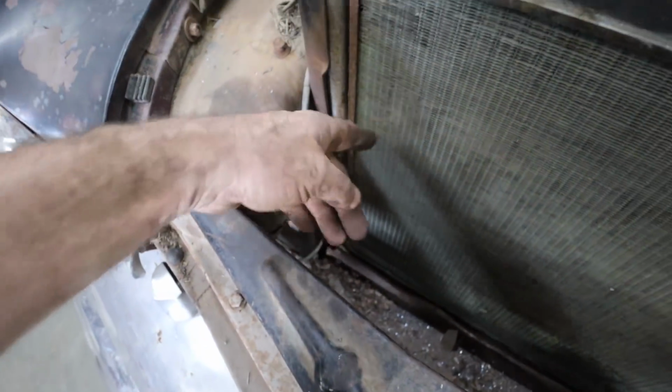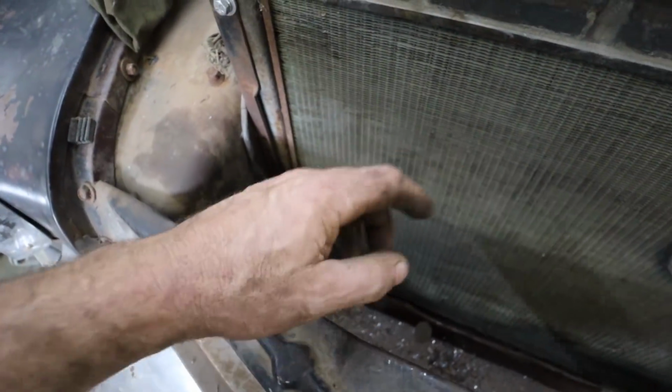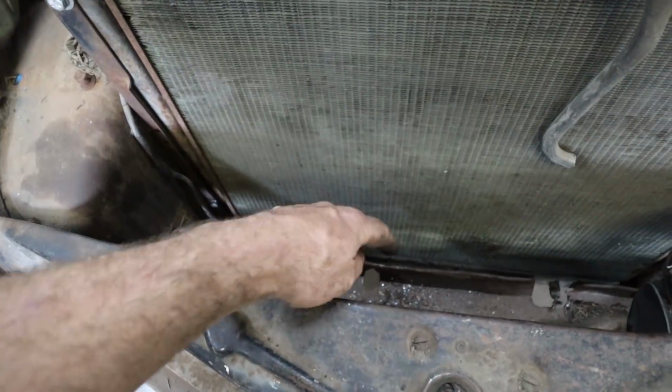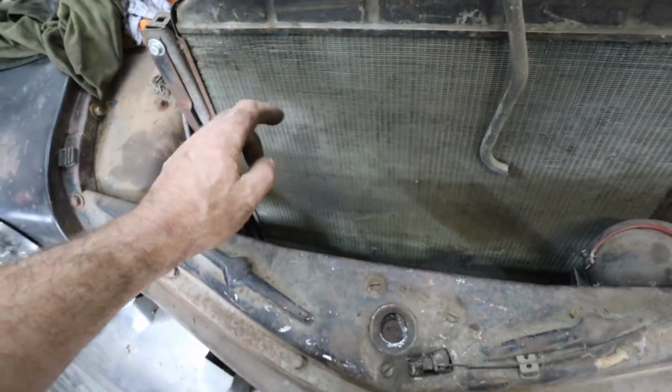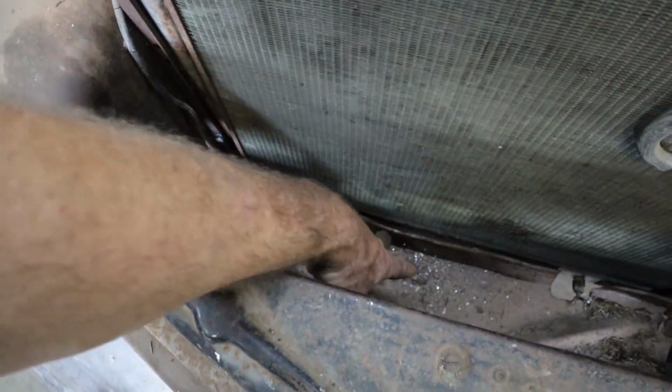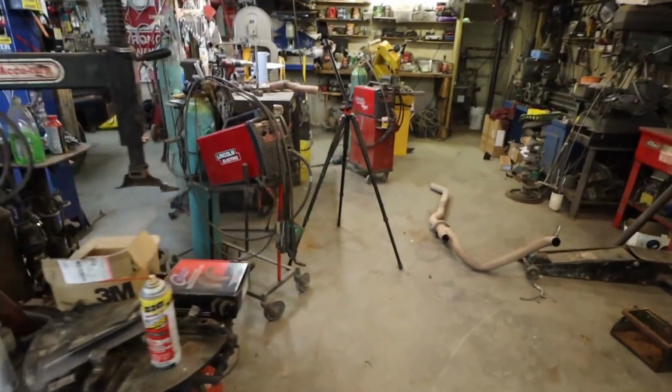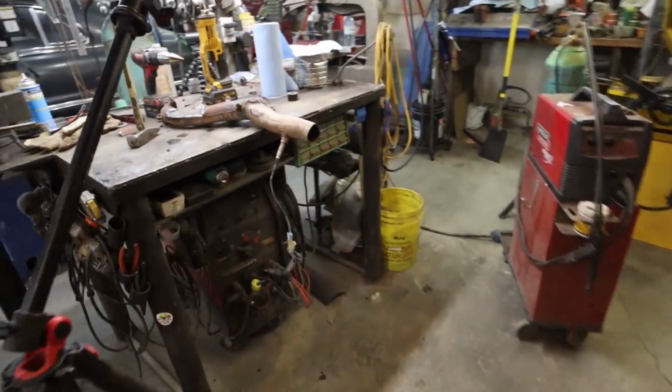I can probably snake it around there, and then I can figure out how I'm connecting it to said non-existent trans cooler yet, depending what model I have. I'll see. I might fish it down under here with the same line. I might not. I took the manifold off, so right now I am in the midst of